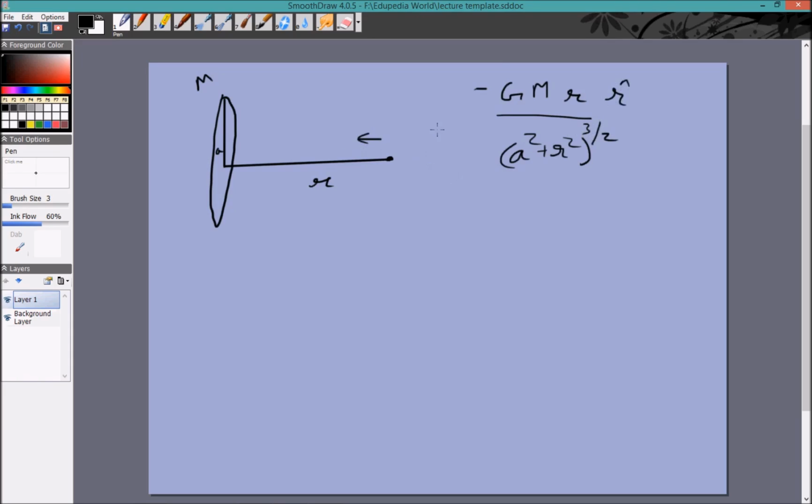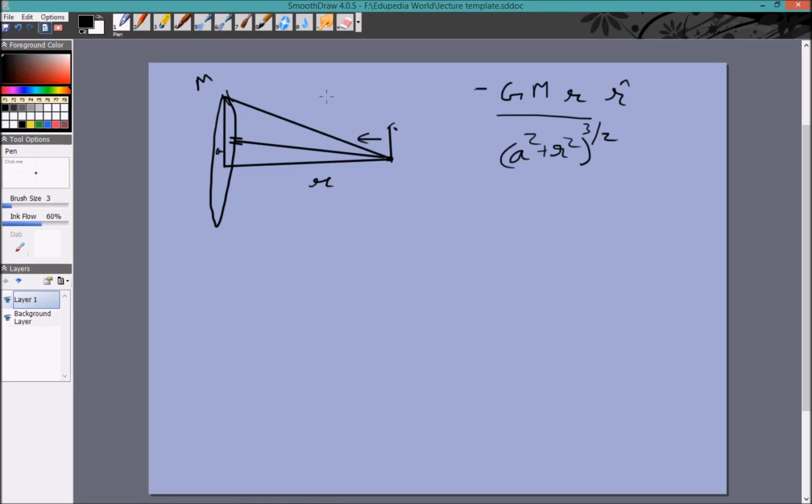And the way we found out was, I'm not going to go into the complete details, but we took small random elements. We took an element here and we took an element here, and we took different elements, and we calculated the gravitational field due to each element. We found out that their vertical components would all end up cancelling out, because two diametrically opposite points would have the opposite vertical components but horizontal components in the same direction. And we ultimately took the horizontal component of one element and we integrated it to get the total horizontal component of the gravitational field. The same thing needs to be done for potential, except we don't need to take components